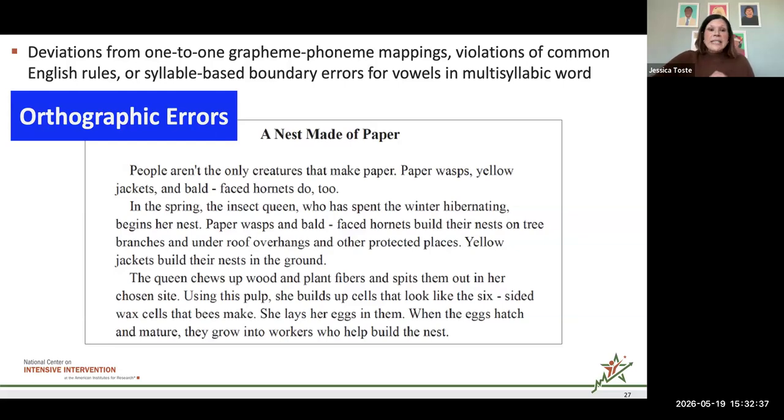Orthographic errors are deviations that we make from what we would expect the grapheme to say. They're deviations from one-to-one grapheme, letter to phoneme, sound mappings, violations of common English rules, or syllable-based boundary errors for vowels in multisyllabic words. So saying a vowel as a long, short, or schwa when it is not the one that you decided to say. It is a different vowel sound. Essentially, an orthographic error is that what I'm saying is not matching the graphemes that are being presented within that word. So, for example,